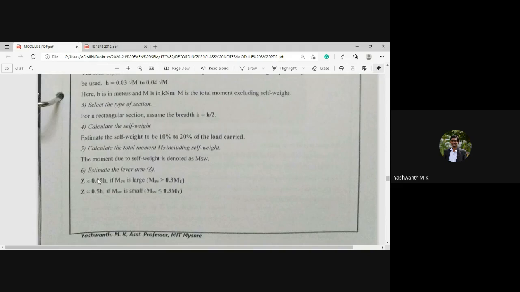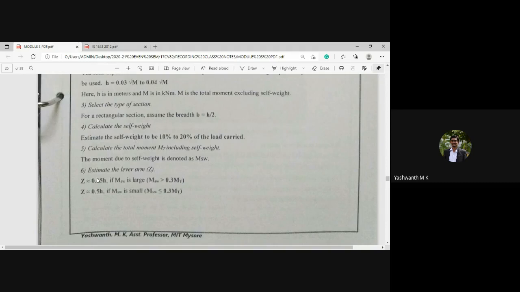Okay, how? That is 0.65 times the depth of the beam or depth of the section if MSW is large. That is, if the ratio of MSW to MT is greater than 0.3, that means MSW is large.